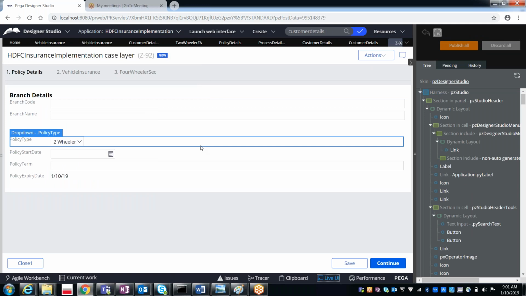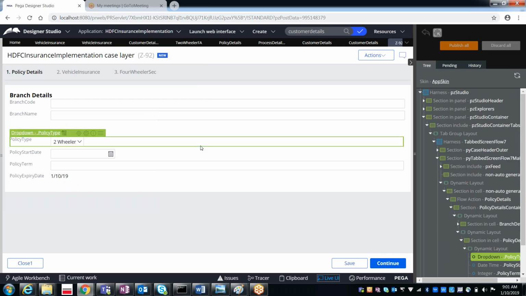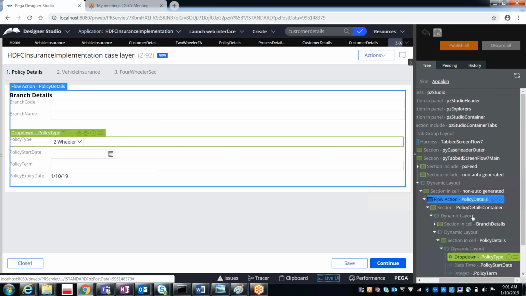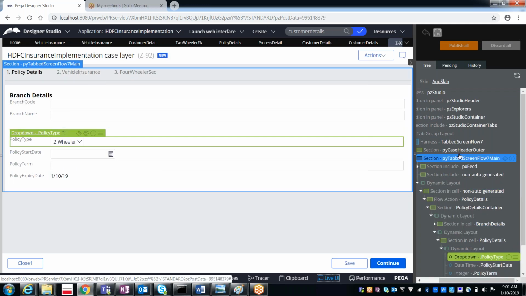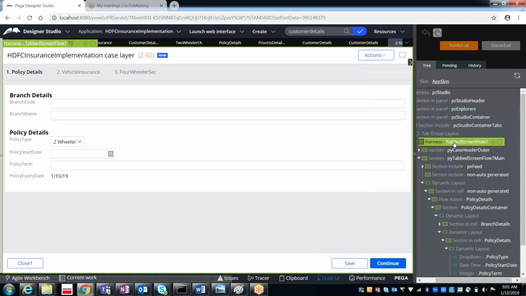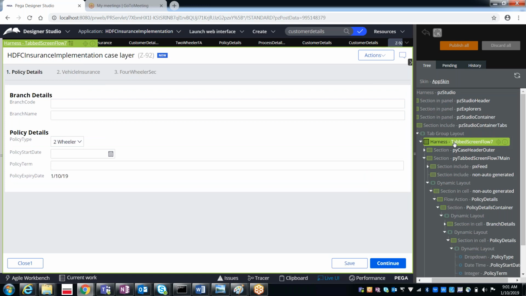PZ Studio is a complete portal, but we will first concentrate only on the things required for our work object. So this is the tabbed screen flow, and there it was the perform.